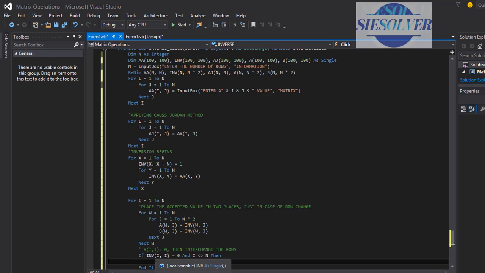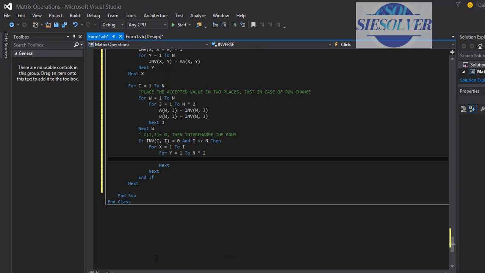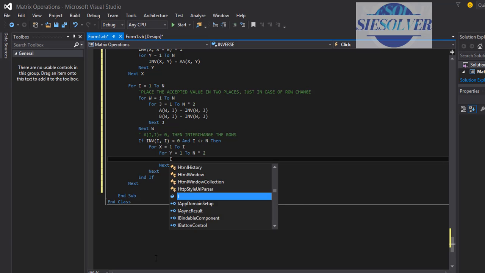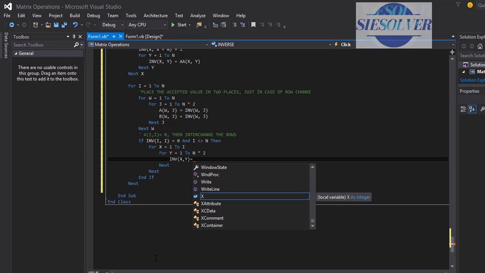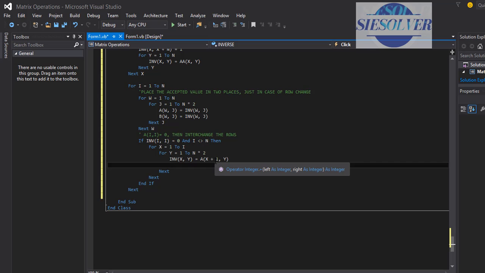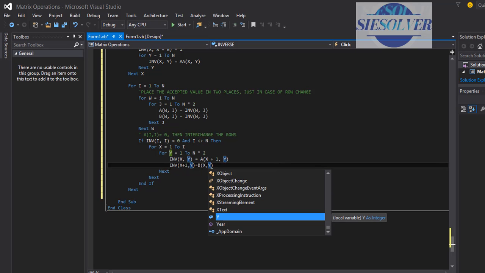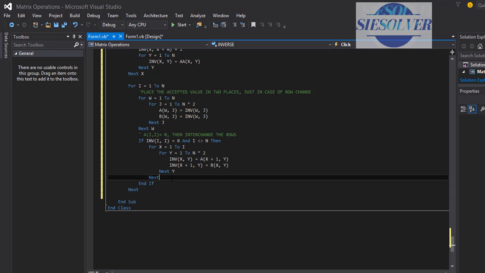Okay, so now say for x equals 1 to I, for y equals 1 to n times 2. This is where the division, that value we need, will now come in. It will now be inv(x, y) equal to, remember we divided the a up there the other time. So it's now going to be a(x+1, y), and the other one, x plus 1, y, will now be equal to b(x, y). And that does the changing. So this one will be y, this one will be x, and we end the